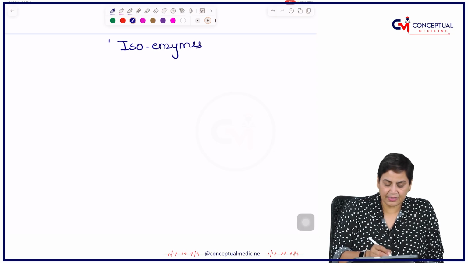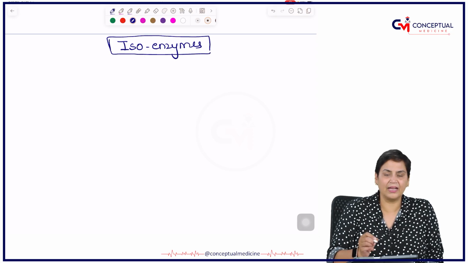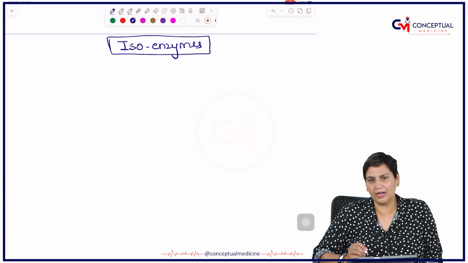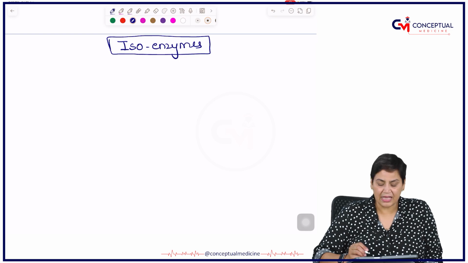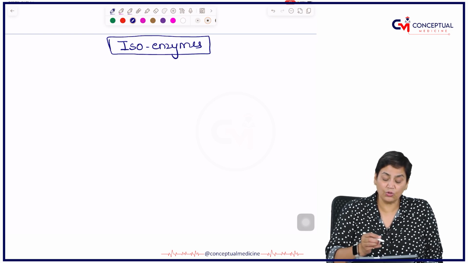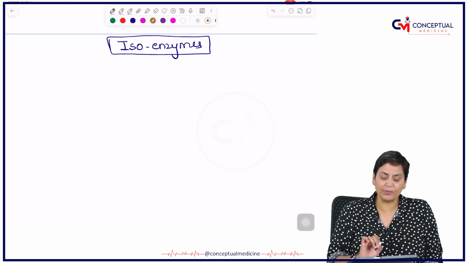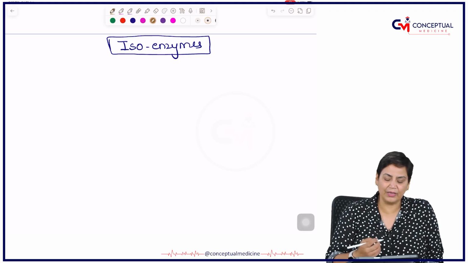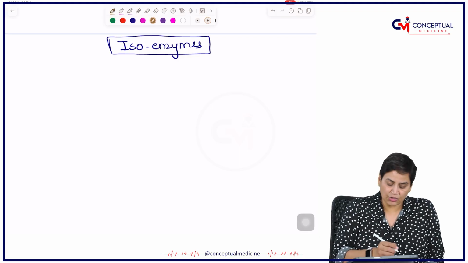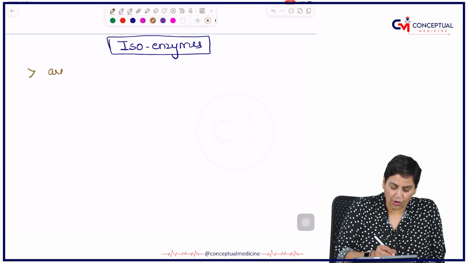Because enzymes diagnostically are very, very important, because they are the ones which are catalyzing all the biochemical reactions. Now coming over to this, what are these isoenzymes? How do we define these isoenzymes? Now see, it is clear from the word itself, iso. Iso means similar. So I can say isoenzymes are the forms of the enzyme